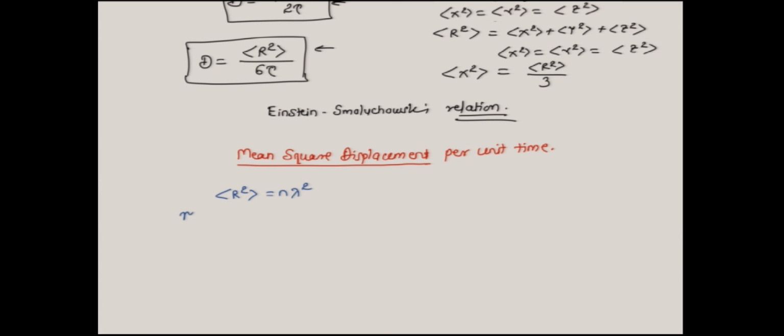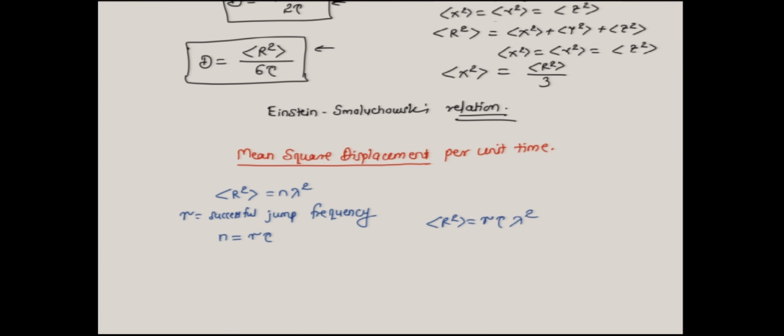Now, if gamma is the successful jump frequency, then gamma is the number of jumps an average atom makes per second, right. So, in time interval tau, the total number of jumps made by an average atom would be gamma times tau, right. So, we can write r square is equal to gamma times tau lambda square, and